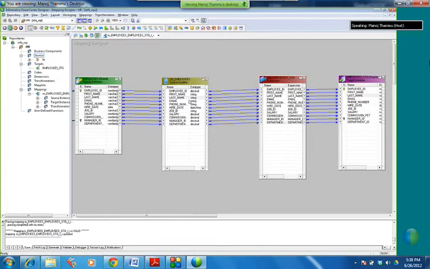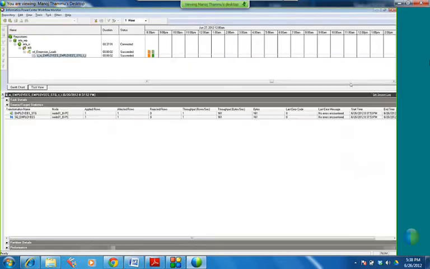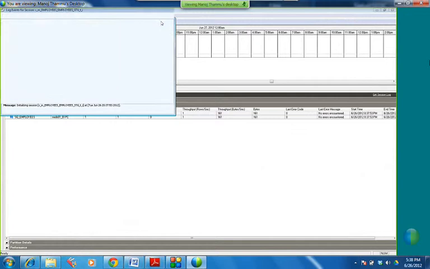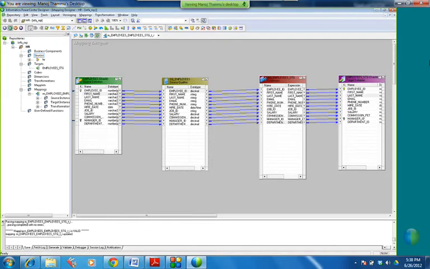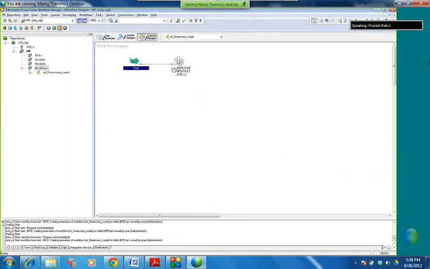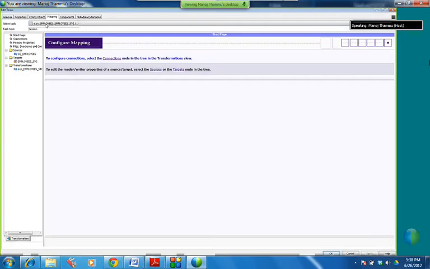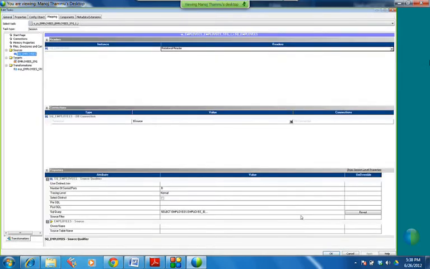So why did it load department ID equal to 40 even though I have 50 here in the source qualifier? Why did it take that 40? Because always session level SQL overrides, or session level properties, override the mapping level. Means whatever you give in the session is the latest one.